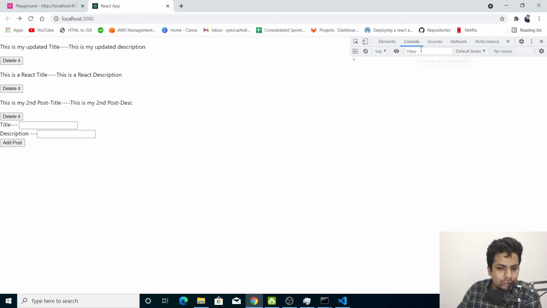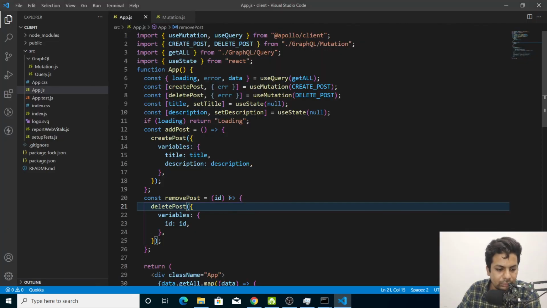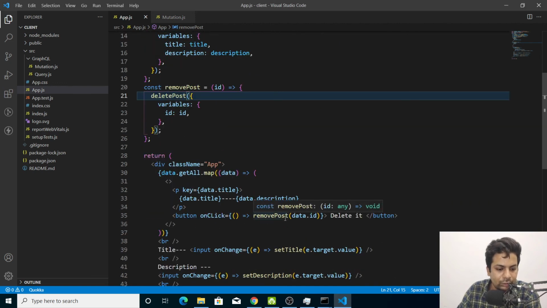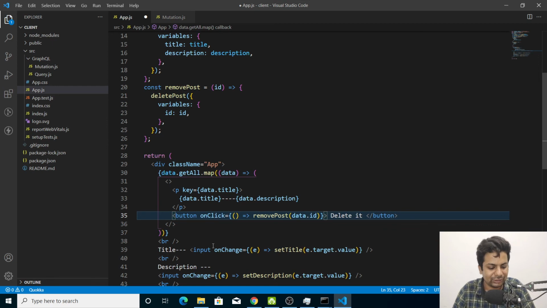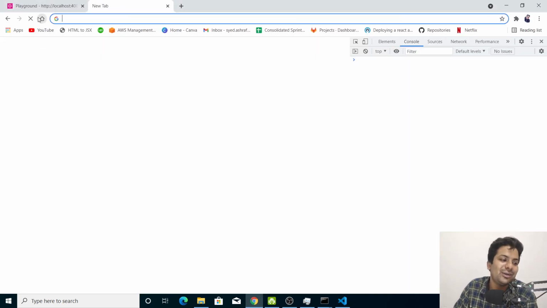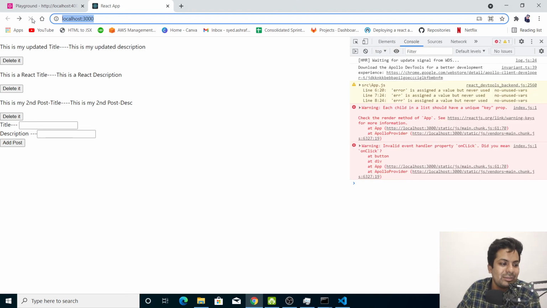Why so? I think they're onClick, some onClick. I'll call the removePost. It will get my data.id. Data.id will call deletePost, and will pass the variables id, and that's it, I think so. I mean, that's what I have onClick. Oh sorry, the click spelling is wrong. It's a capital letter issue, not a wrong spelling. I just made a mistake with the capital and small.